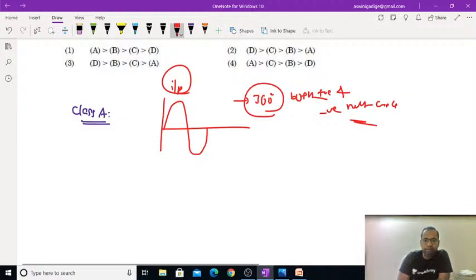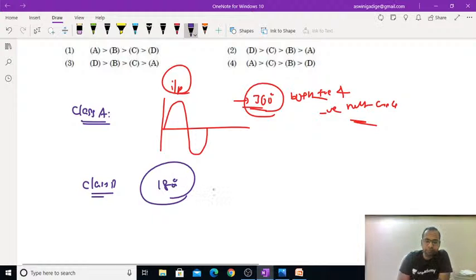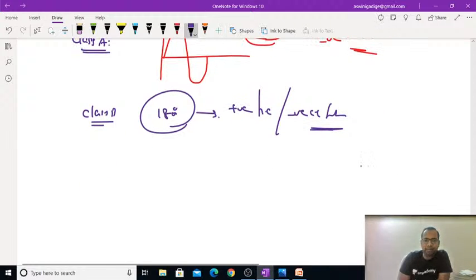Complete 360 degrees will be amplified by class A, while class B will amplify only up to 180 degrees. Up to 180 degrees means it can amplify the positive half cycle or the negative half cycle. 180 degrees, class B. And while coming to class AB,